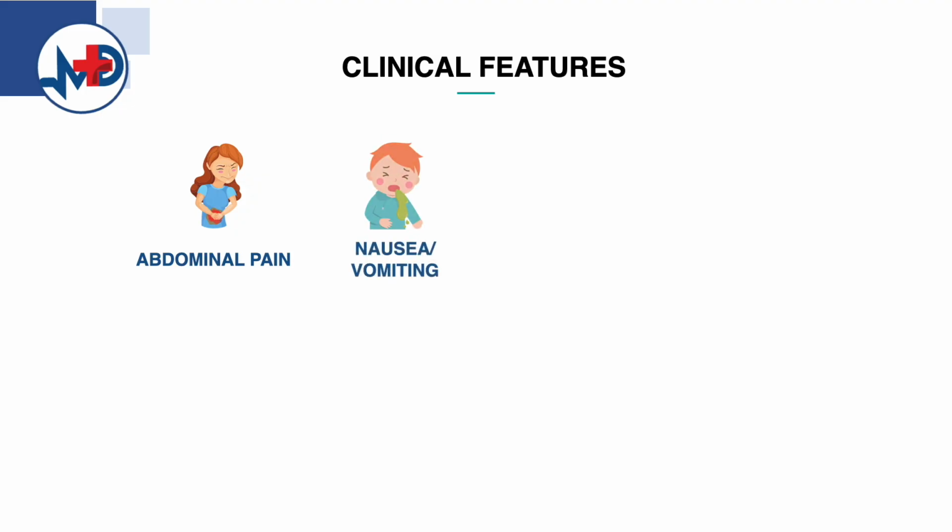For clinical features, the main symptom of acute pancreatitis is mid-epigastric or left upper quadrant pain that radiates to the back. The pain is described as severe, constant, and dull. Aggravating factors include being supine and after meals, whereas relieving factors include leaning forward. The patient may also present with nausea or vomiting, fever, and if pulmonary complications are present, they will also have